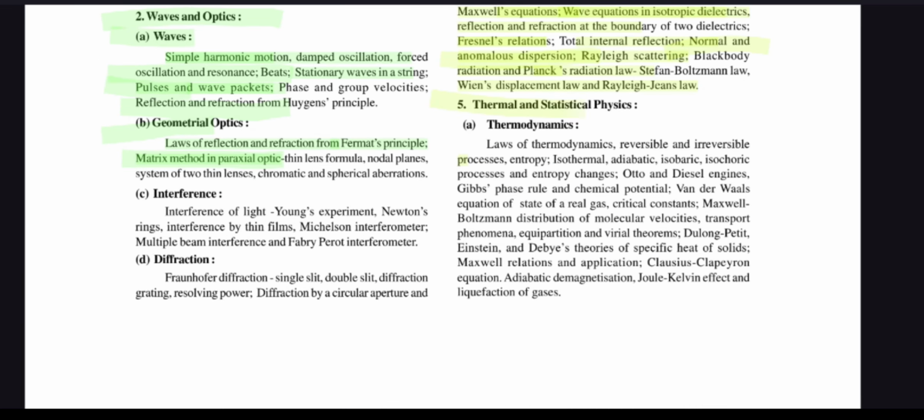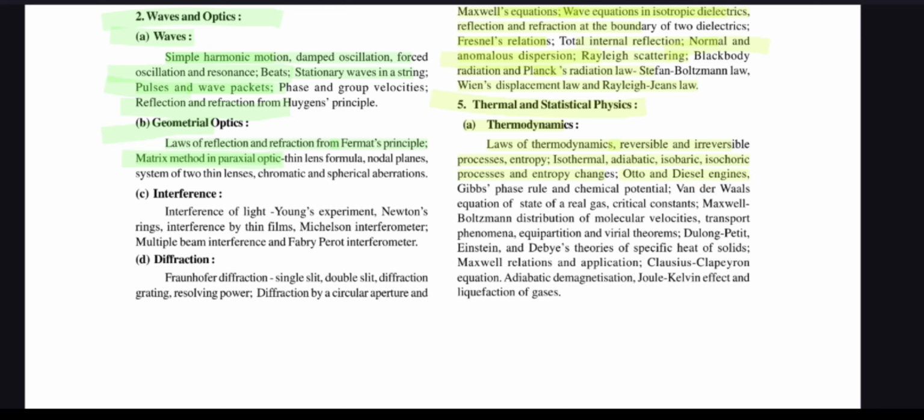And thermodynamics and statistical physics. Thermodynamics is Garg, Bansal and Ghosh. For statistical physics it is Gupta sir. So laws of thermodynamics, reversible and irreversible processes, entropy, isothermal, adiabatic, isobaric, isochoric processes and entropy change, Otto and diesel engines,